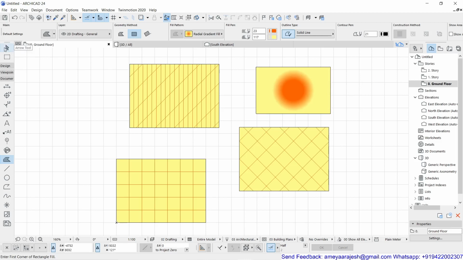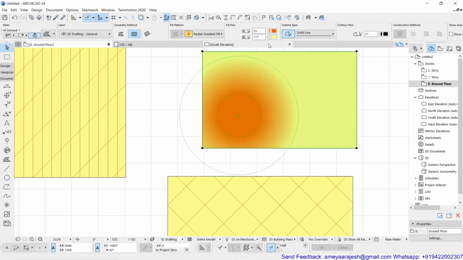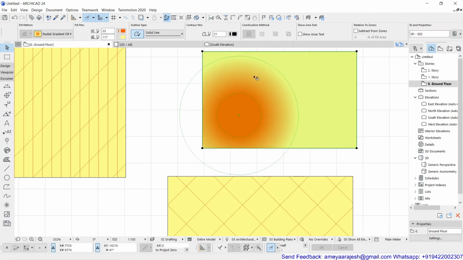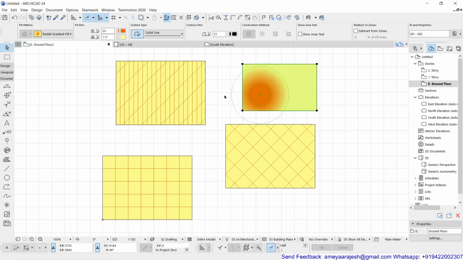Okay, and now if I use the arrow tool and select this, you can see there's an inner circle, outer circle. This is the outer color, that is the background field. There's the inner color that is supposed to be another color which you have chosen. So now you can just click on these handles and adjust this, you can click over here, you can design this. So altogether you should remember that even this is possible. So please try all these different combinations and try to achieve a better end product.